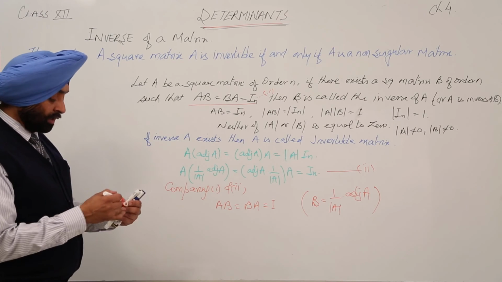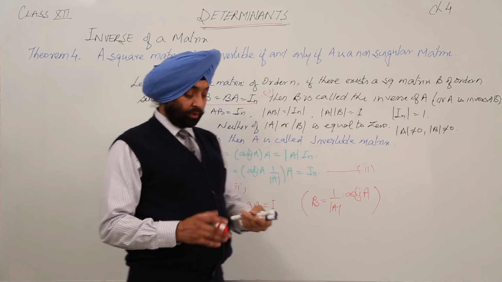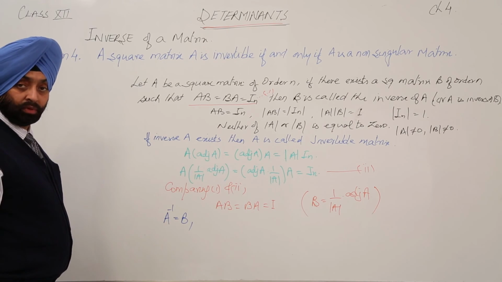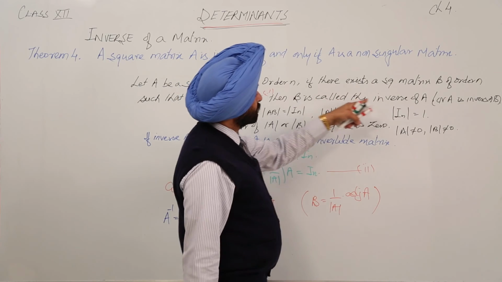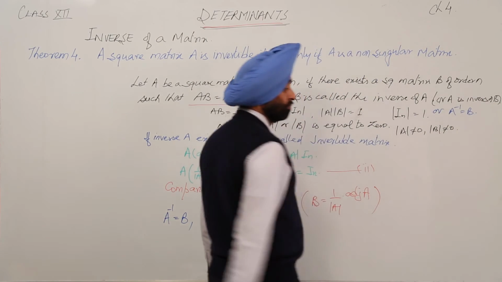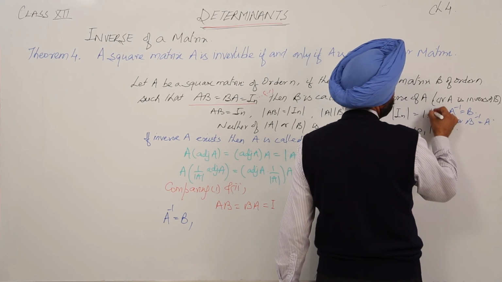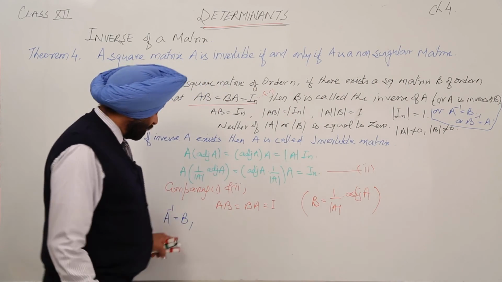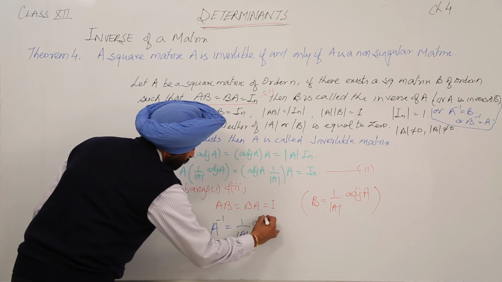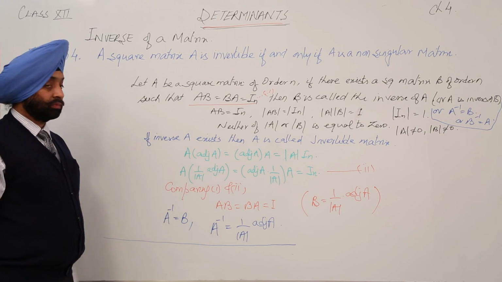And now if this is B, then A inverse is equal to B. By the definition, B is called the inverse of A, or A is the inverse of B, or we can write A inverse is equal to B, or B inverse is equal to A. So A inverse is equal to B, and now A inverse is equal to 1 upon determinant of A times adjoint A. So this is one of the great formulas which we have derived through a theorem. Okay, so note